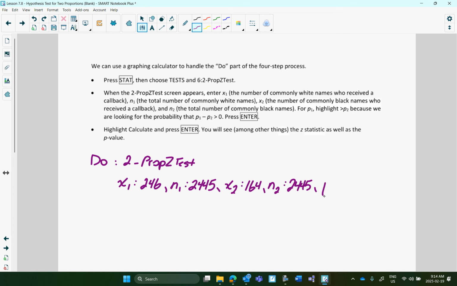And then here, this is very important. Remember, this is what we're trying to prove, that P1 is greater than P2. Okay? We don't want to put not equals or less than. Otherwise, we're going to get a completely different number. And then when you do that,